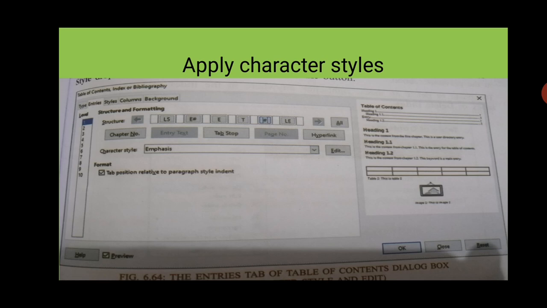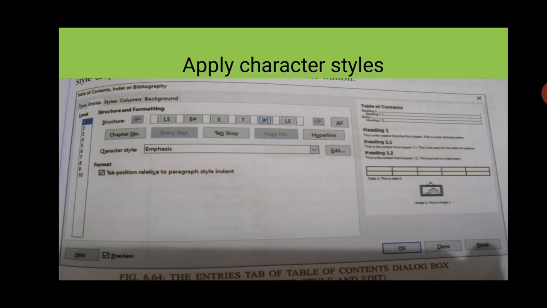Next, how can we choose paragraph style or heading labels? For choosing paragraph styles or heading labels, we go to the tools option, then go to the chapter number and we select the chapter numbers here. We can also edit the chapter number here in the paragraph style and click on OK. Next is maintaining an index. For maintaining an index, we go to edit index. Then the table of contents and index or bibliography dialog will open. You can edit here and then you can save it.